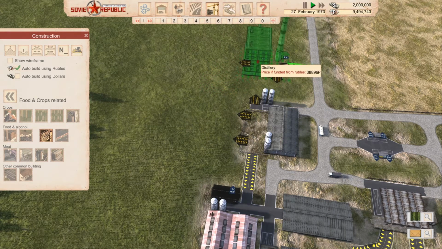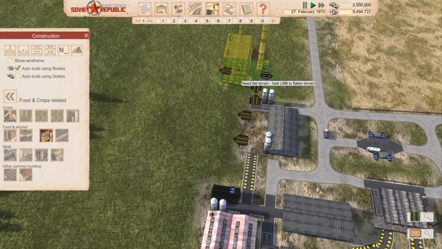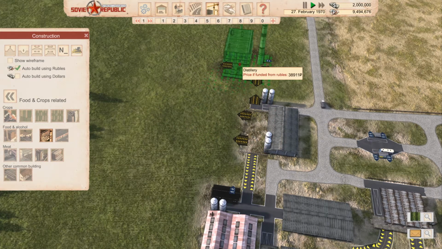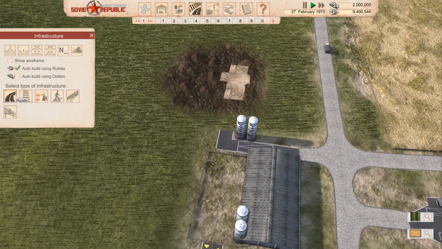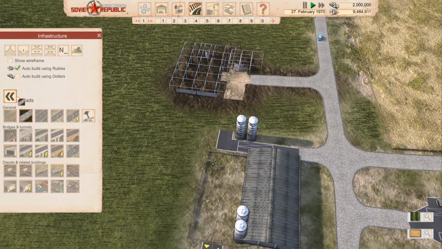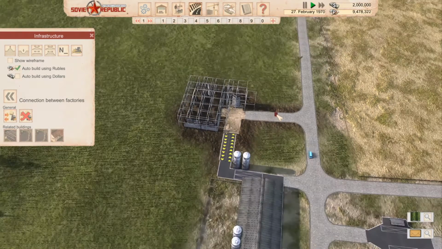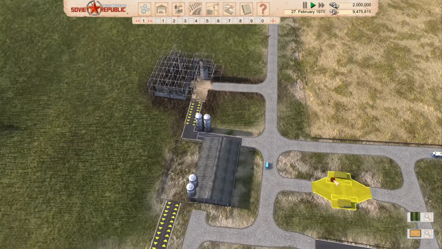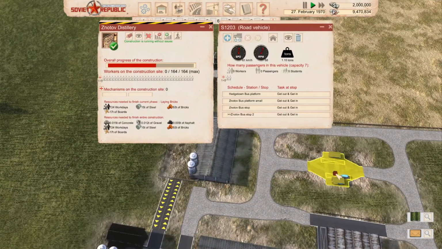We'll put him right about there. Yep. Okay, so then we're going to put up a road. And then of course we need to connect these two. And then we will see. Now, is this walkable? It is walkable. Good, so let's